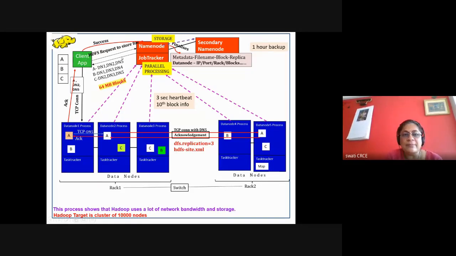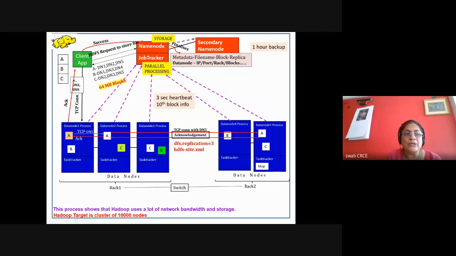So the client will submit the job, meaning his program, to the job tracker. Job tracker will look into the job. It will also identify that this job is to be performed with respect to this feedback.txt file, which has 3 blocks. Now it will communicate with the name node. In consultation with the name node, it will come to know that these different blocks are on different data nodes.